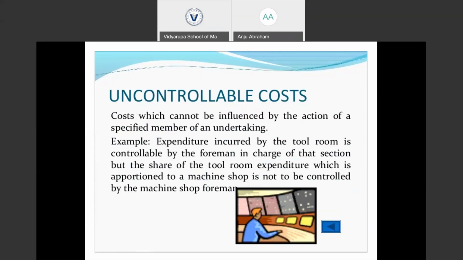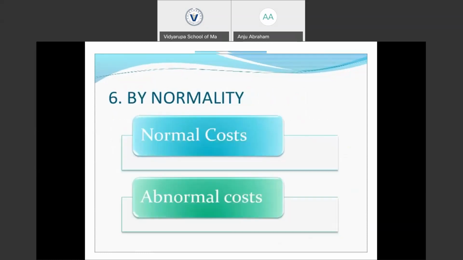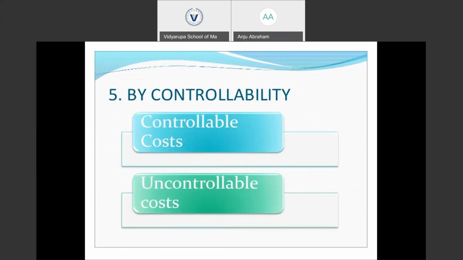Certain common fixed costs are not controllable by the actions of the specified members of an undertaking. These are the uncontrollable costs. So based on controllability, costs are classified as controllable cost and uncontrollable cost.